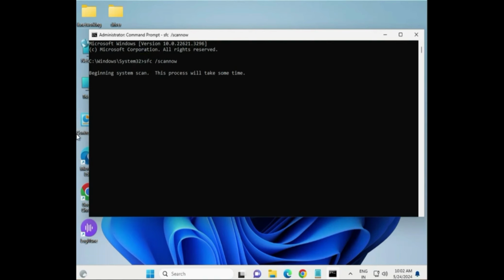That is because corrupt system files can cause random reboots. SFC can detect and repair those files, and DISM can fix Windows image issues. Okay.